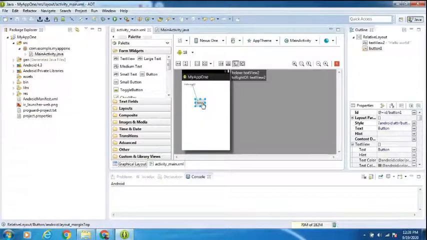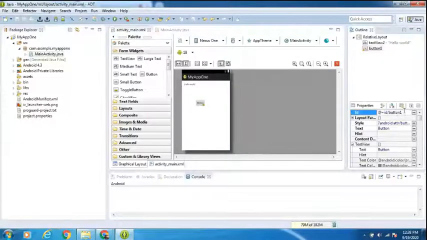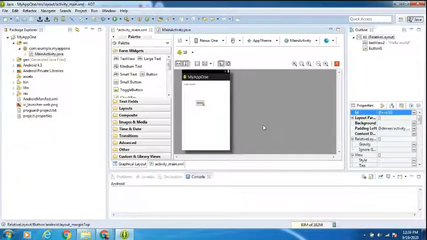For example, now I click on the button. I can change the property of the button. Don't remove the entire thing here. Just go up to ID, and remain the forward slash. Here type, for example, I am changing the button name as B1. I am changing the button ID as B1, click the enter key or OK, and save with Control S.